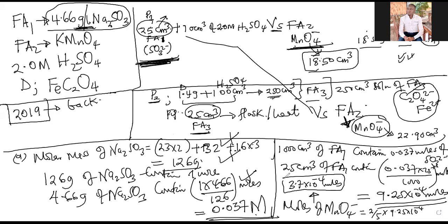After getting moles of the manganate, the question is the molarity. Now you've got moles of the manganate, meaning that these moles are in the reacted volume, which is 18.50. So tell me that 18.50 cubic centimeters of FA2 contain these moles of manganate ions. What about 1,000? You will have gotten for me the molarity of the manganate. I'm going to go to a different page where I'm going to wrap this. So you should have summarized these things so that when you see me applying them on the other steps, you don't ask yourself where I'm getting these volumes. Okay. So on my next page,